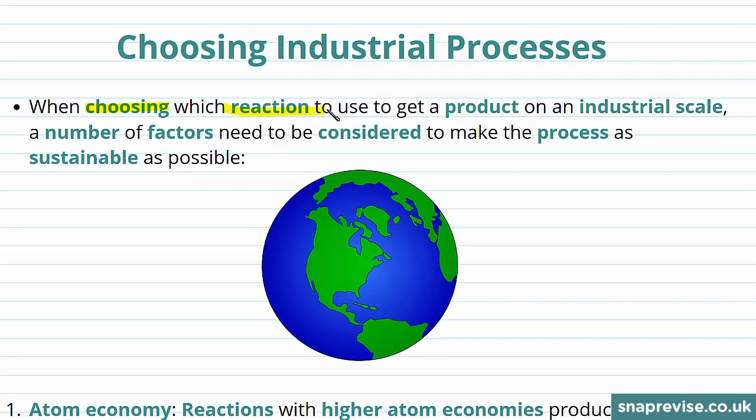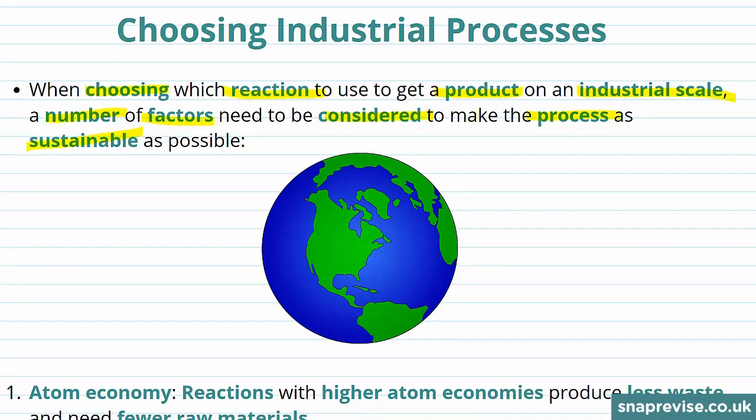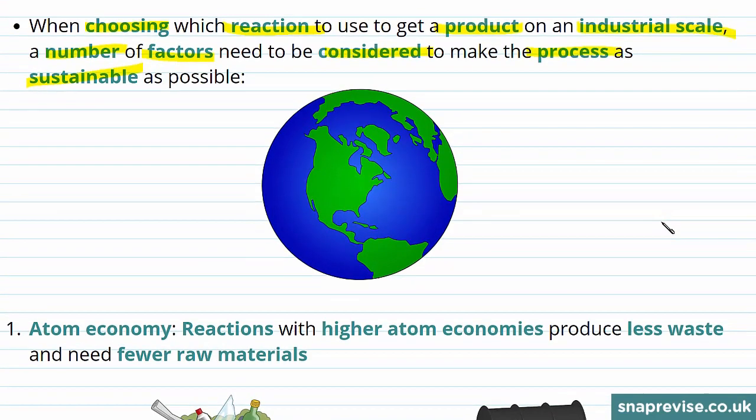When choosing which reaction is going to be used in order to generate a product on a large industrial scale, a number of factors need to be considered in order to try and make the process as sustainable as possible. If a process is sustainable, it means that we can carry it out now without too much damage to the planet for future generations, and hopefully they'll also be able to use the same processes, because it won't use up